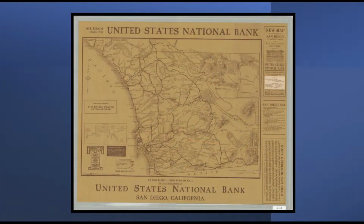San Juan Capistrano did because there was a mission, but San Clemente was a real estate development that started right when the Depression happened, so it didn't grow very quickly. Now, let me go back a couple of